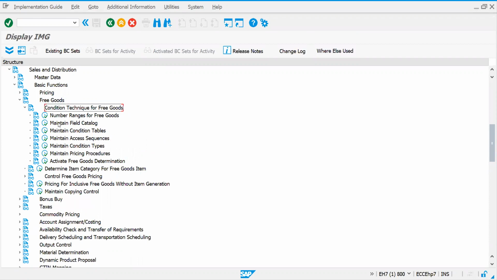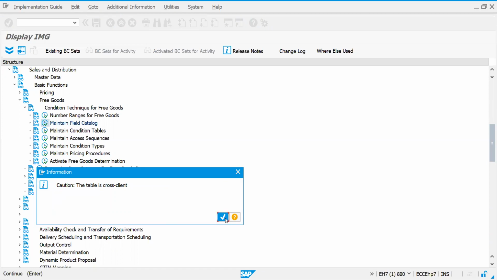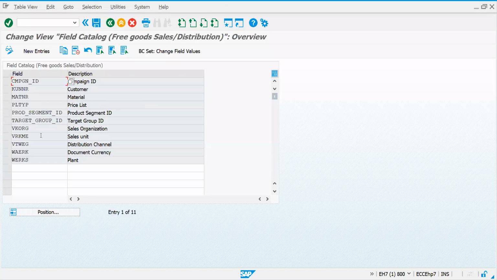Let's try to understand what this field catalog is. I already explained this. These are the fields we have in our regular pricing for standard items. Like that, you can choose whatever fields you want. If required, you can ask your ABAPer. If you find any specific requirement to determine your free goods, you can use the transaction called VOFM.